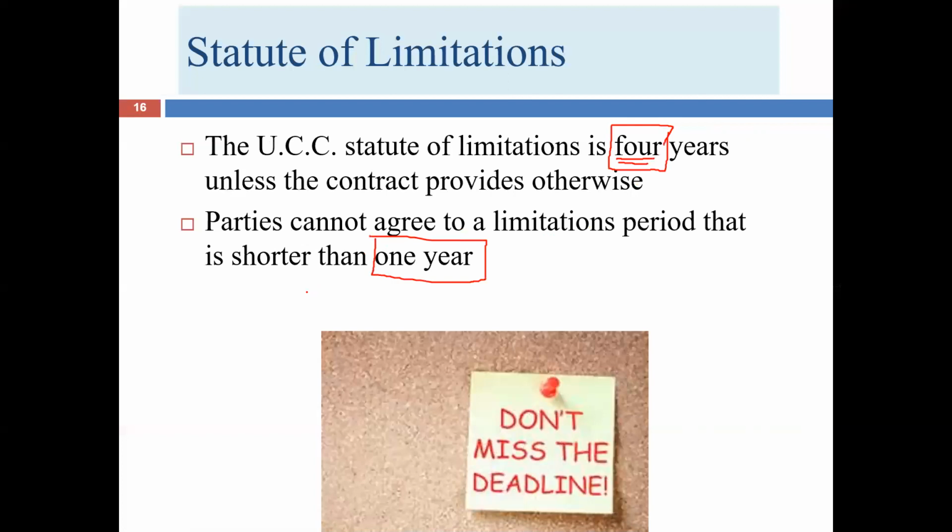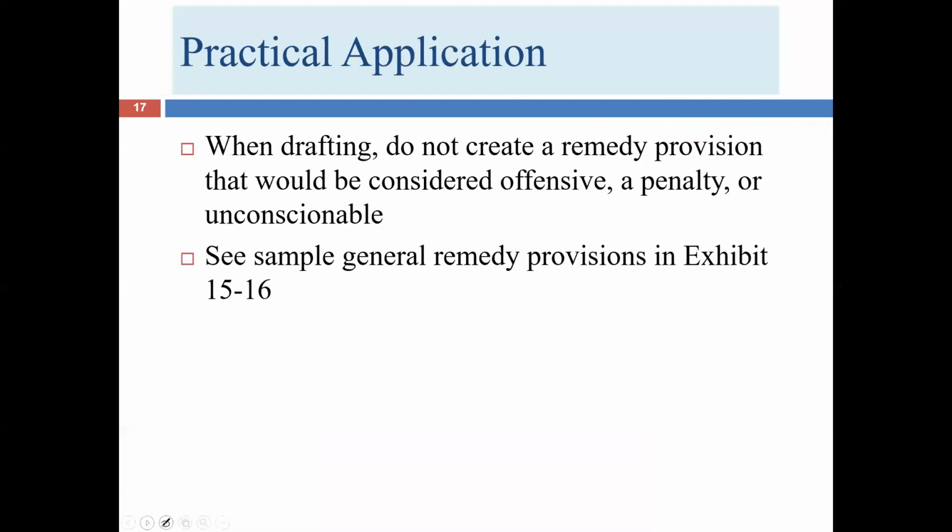So if the parties choose to, in their contract, restrict the statute of limitations to 1 year or 2 years or 23 months or whatever they want to do, as long as it's at least a year, they're okay under the UCC. 4 years is the default. It has to be at least as much as 1 year. So at this point, we have